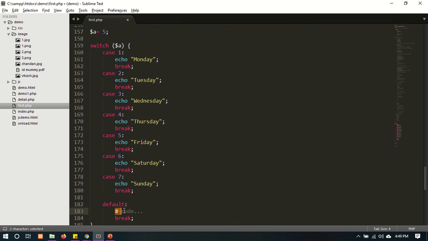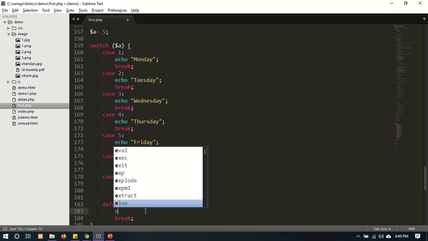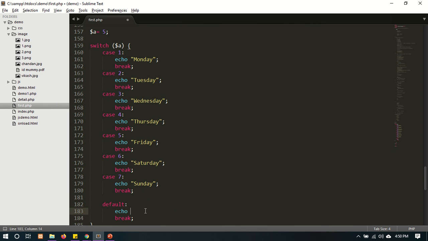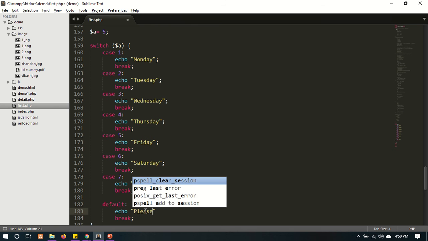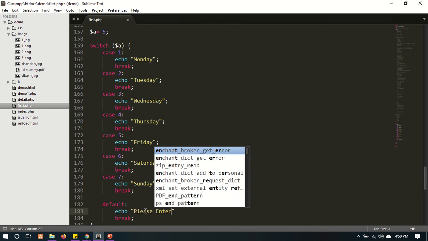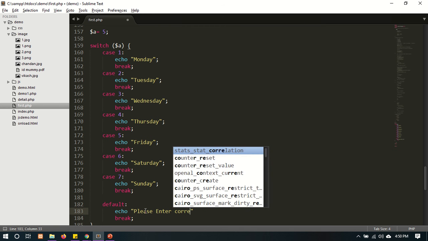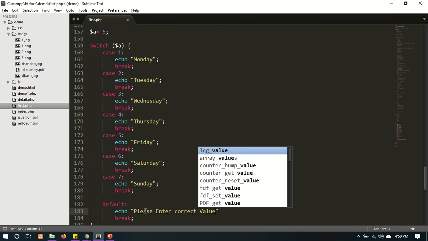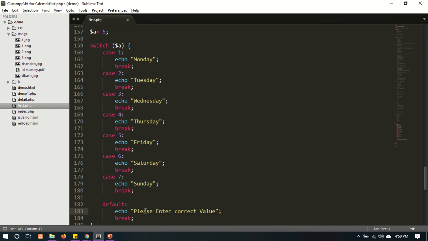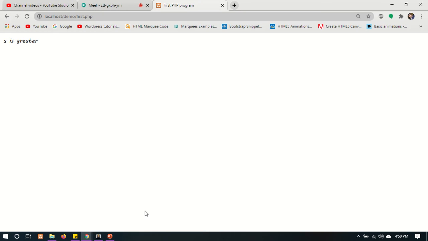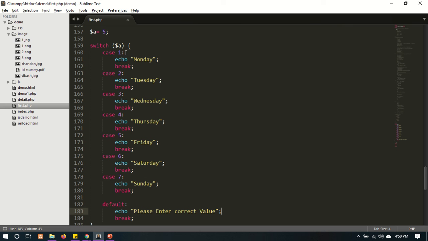Then we have to give the default statement, echo please enter correct value. So let's go to the browser and check. I'm passing the 5 there, so it will go to the first. It will check the case 1, not match, 2, 3, 4 and then 5. So it matches with the 5, then it will print the echo and the break, it will go outside the